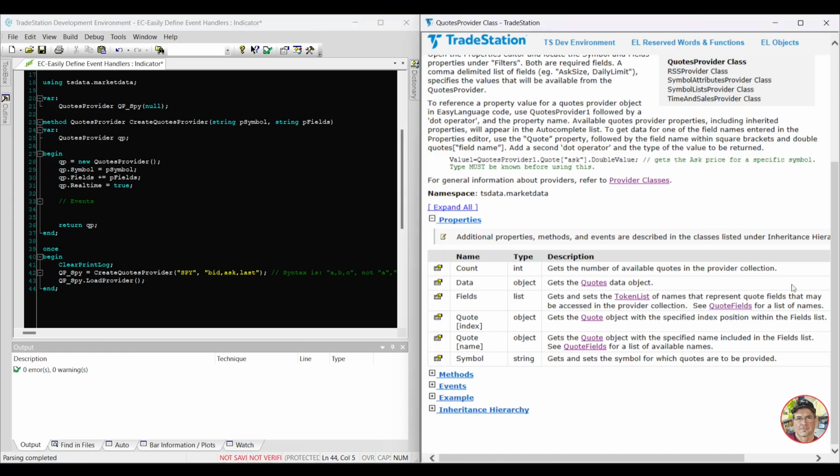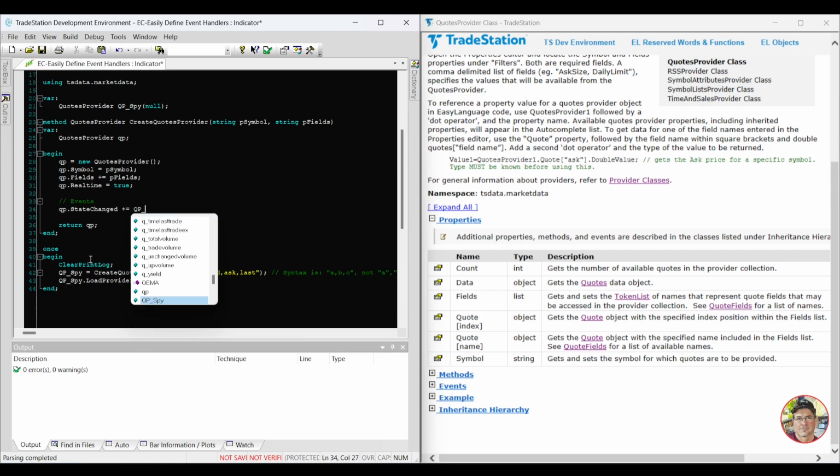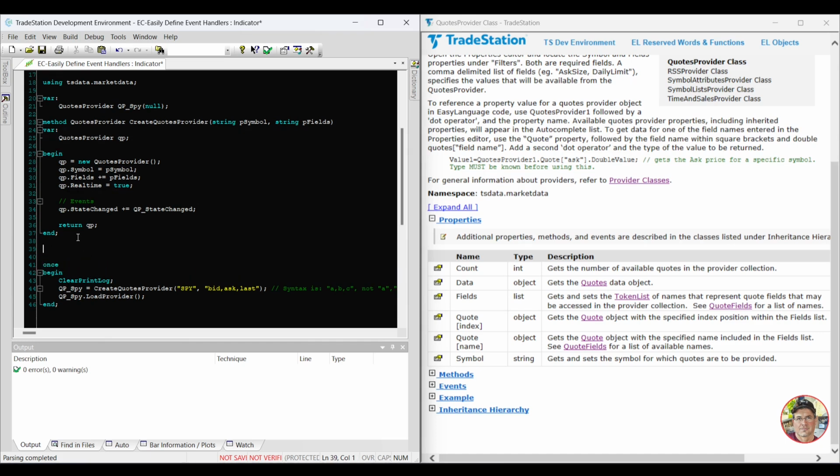The first event handler we're going to create is the state changed one. We're going to type QP dot. We're going to look through here for anything with a lightning bolt. So I see state changed and updated. Those are the two. So I'm going to grab that one. We'll say plus equal. And then we're going to need a quote provider state changed method. To create the method,